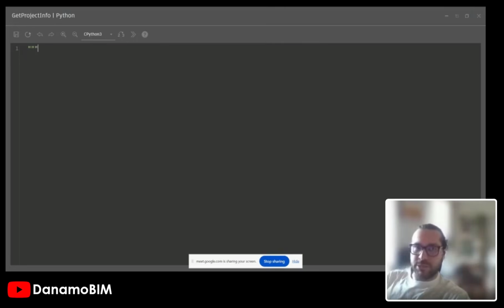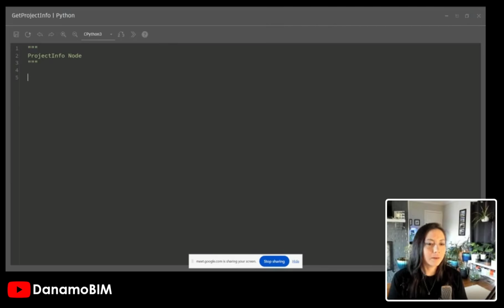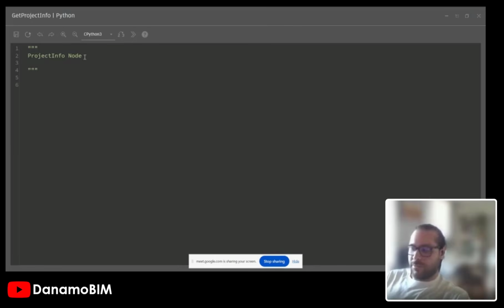So for project information, I'm just going to write my little comment over here. This is the project information. It's just like a header that I like adding. Why do you use the three quotations rather than the hashtag? Three quotations is usually for multi-line comments. So usually my own style right here is just to do this project info node and just say gets the project info node. So you can add multiple comments within your